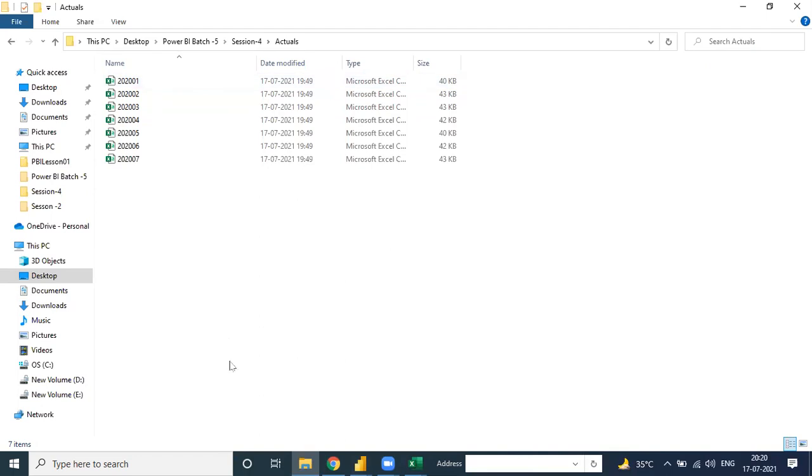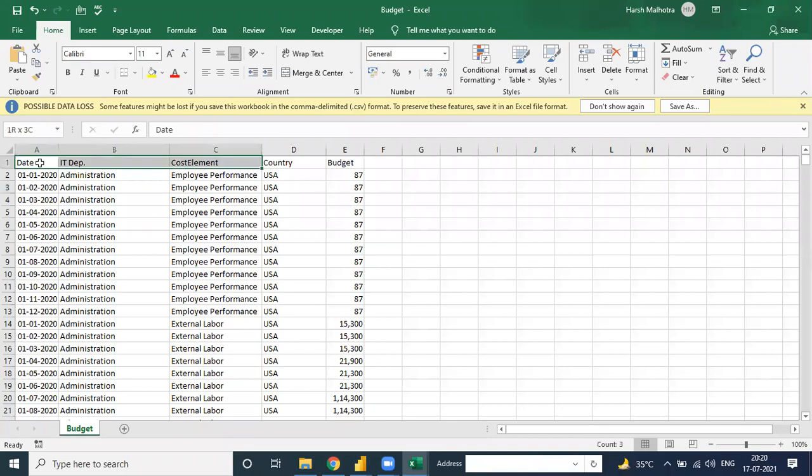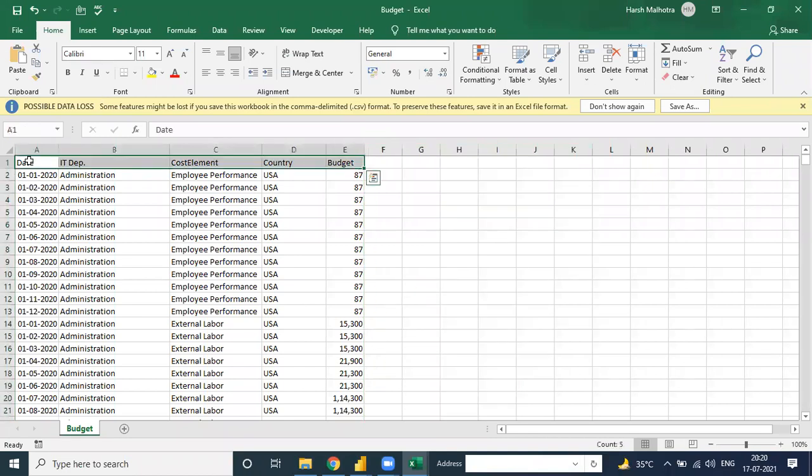Suppose in the CSV file there are 5 columns, but in the Excel file there are 10 columns. You need to do some transformation, because you don't need the extra 5 columns as per the CSV. So you need to remove those columns from Excel and then export. The columns need to be the same, because if they are not, you can transform your data in Power BI. No need to transform the data in Excel, do it in Power BI.